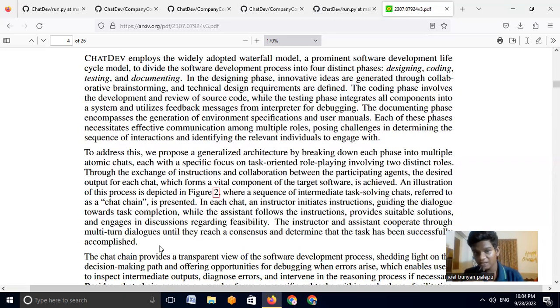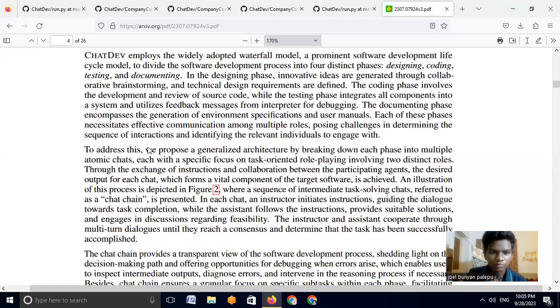So these are the phases, and we'll be dividing the software development task into four phases. This is essentially the idea of ChatDev, which protects the model from hallucination and enables better problem solving. This is going to involve a model working in a very organized way, hence solving, I think, pretty complex